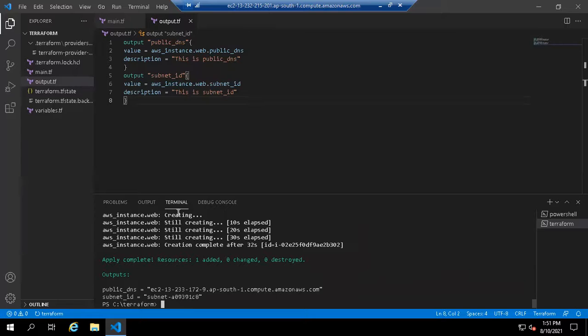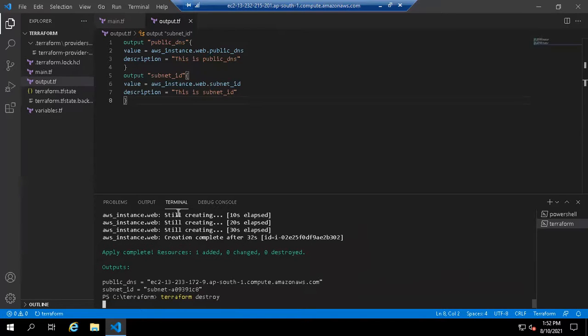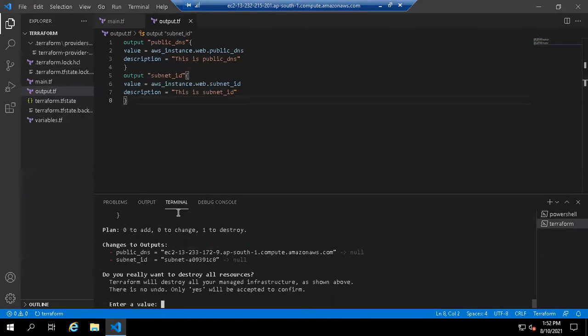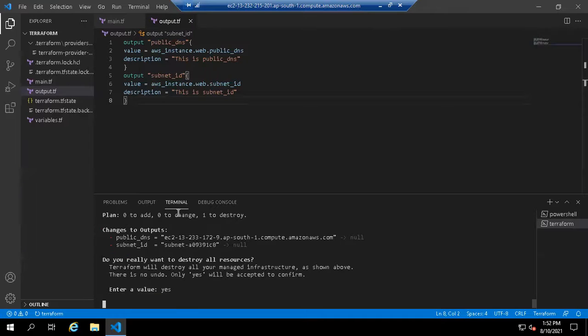So now I will destroy the instance. So terraform destroy. So yes.